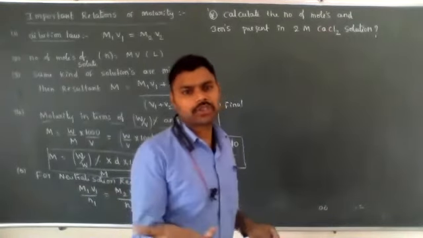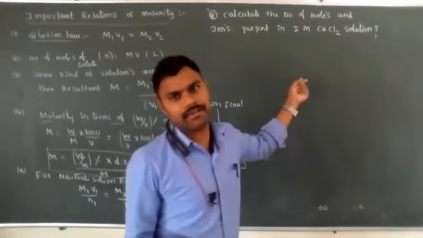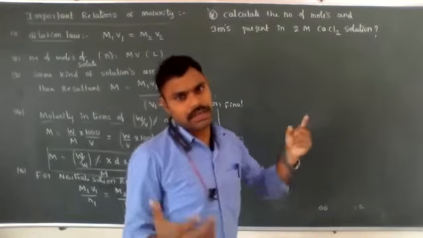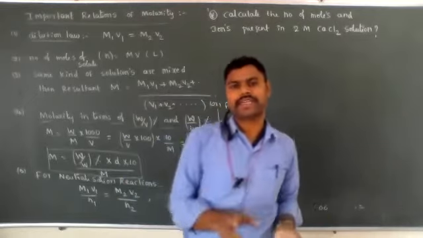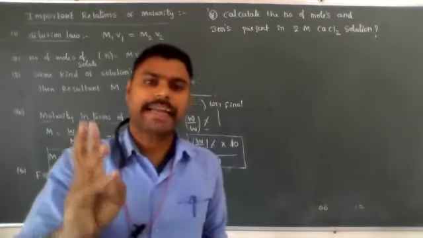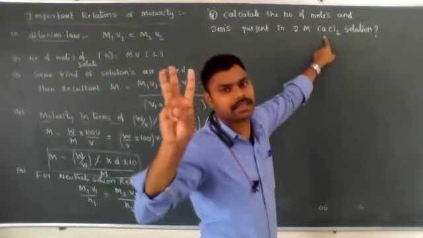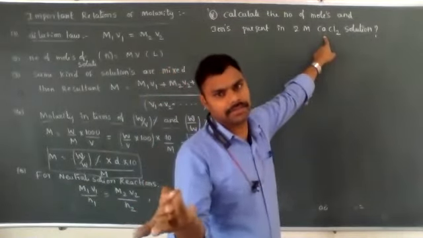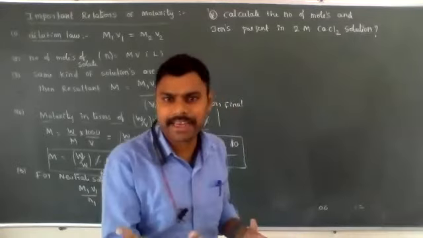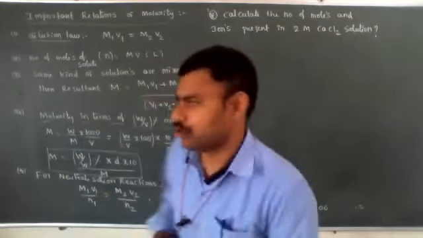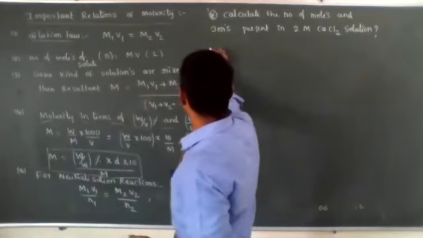If we know the number of moles, then we can calculate the number of ions very easily. To get the number of ions, first we need to calculate the number of molecules, and each molecule contains how many ions? In CaCl2, 3 ions are present, so we need to multiply by 3. In this case molarity is given. How do we calculate the number of moles? The solution is very easy.